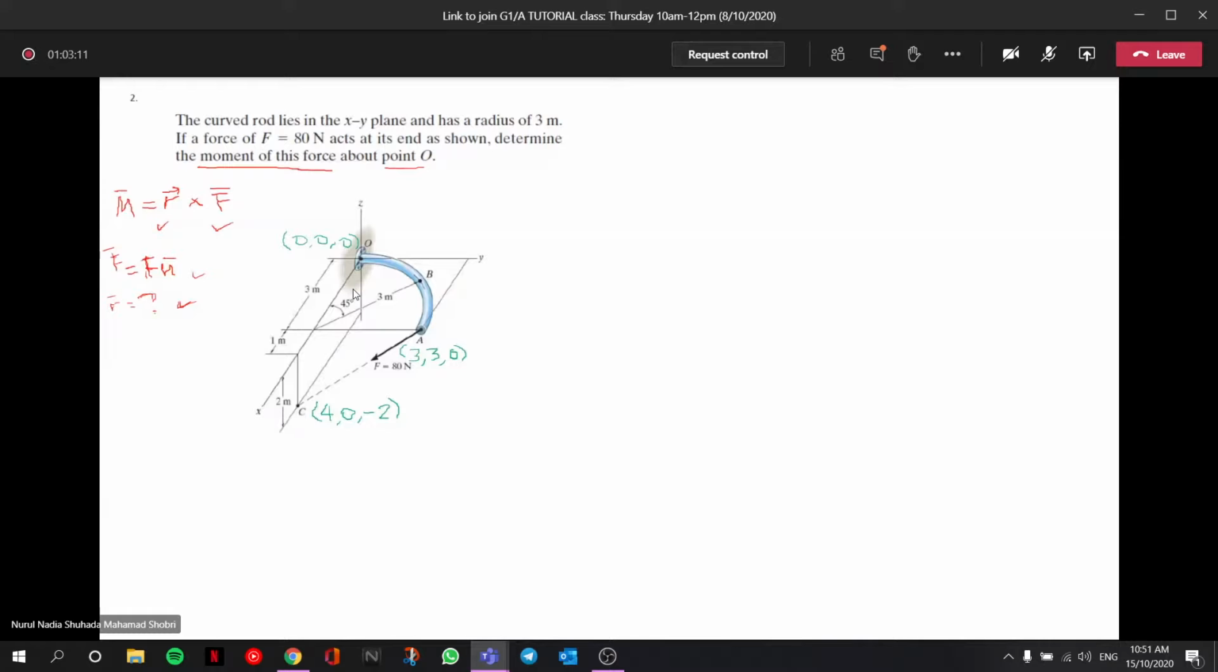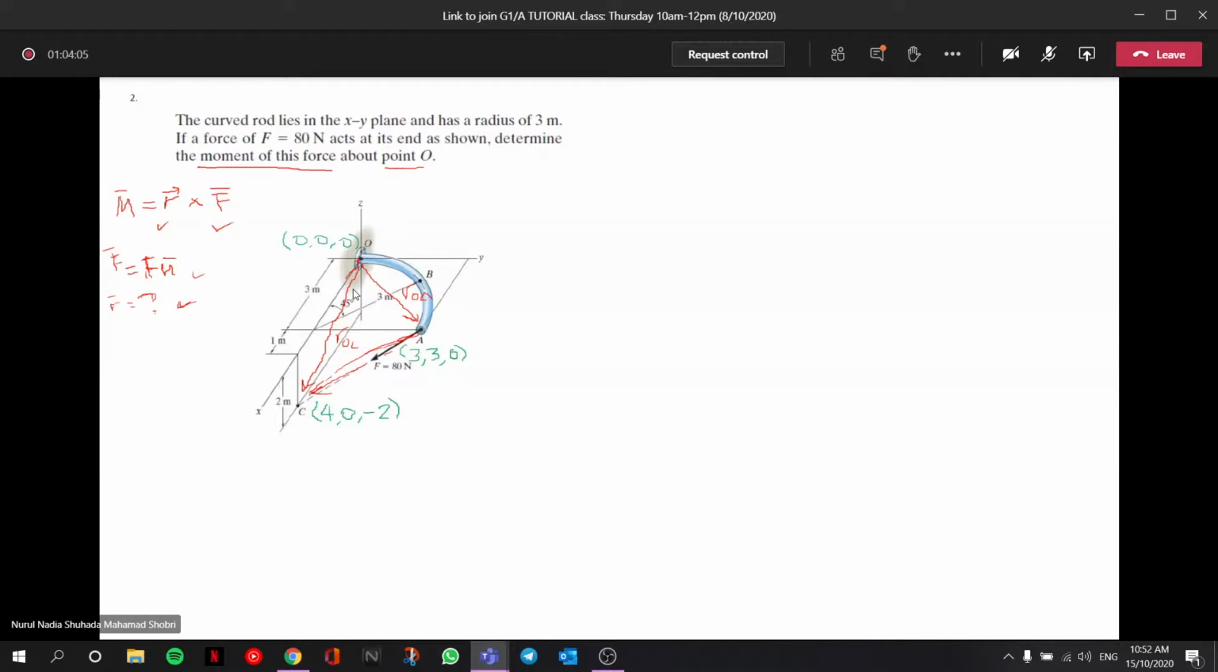As you can see, this is the force from A along to C. The question wants the moment of this force about point O, which is here. There are actually two ways you can take this. Either you take from O to C or O to A. You can choose between these two